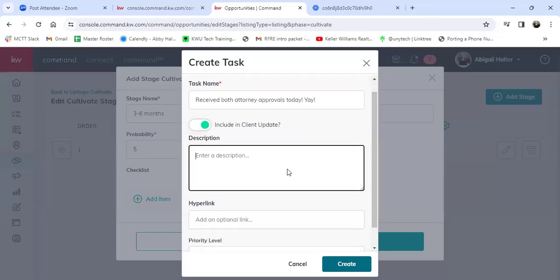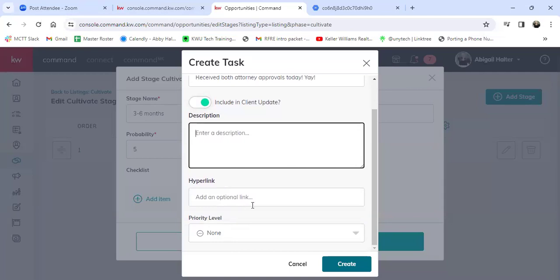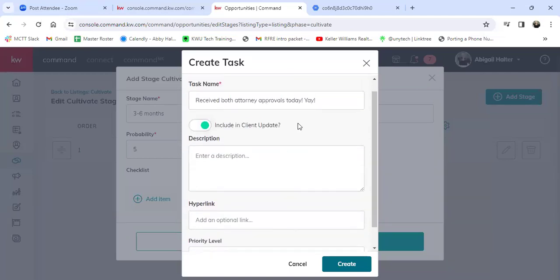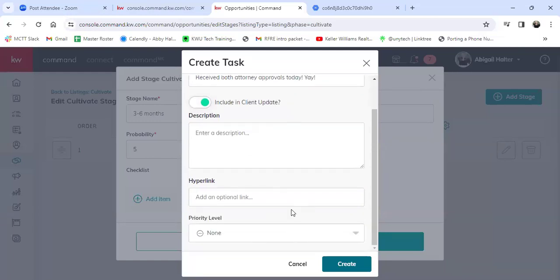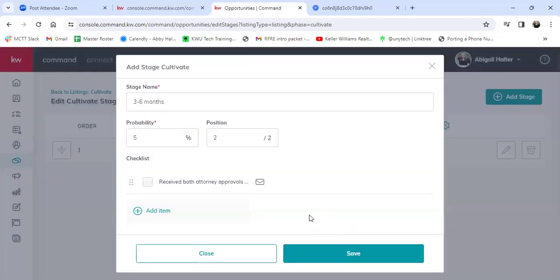You don't have to add a description, but if there's more you need them to know, you can add that. You can add links and priority levels. You'll mark this task off when you receive the attorney approvals, but when I hit create, it has this little client update next to it with the checkbox on. That means when I check that item off in my